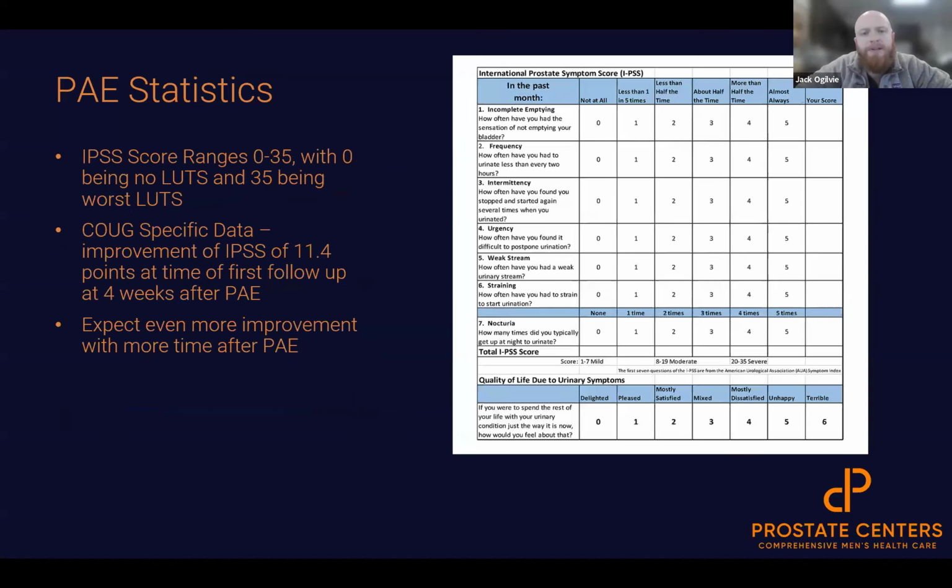And that consists of a questionnaire that we'll have patients do before undergoing our procedure, and then we check it at certain time intervals after undergoing the procedure to monitor their progress. So we try to quantify, to actually put a number on, how much your symptoms are improving. But just to give you a sense of what results we're seeing, that IPSS score can